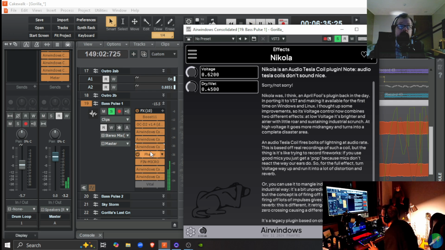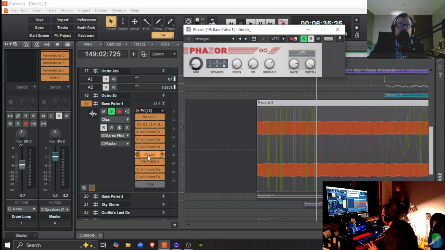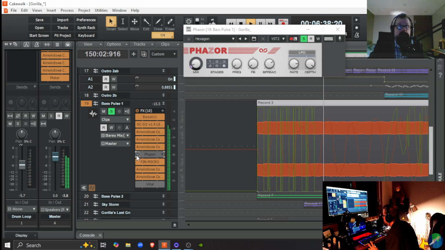All right, and this phaser, let's hear that. I've got it more or less. This song is 90 beats per minute, and it's more or less in time with the drums. I can't dial in a number, right? I got it as close as I can. I think it's close enough.